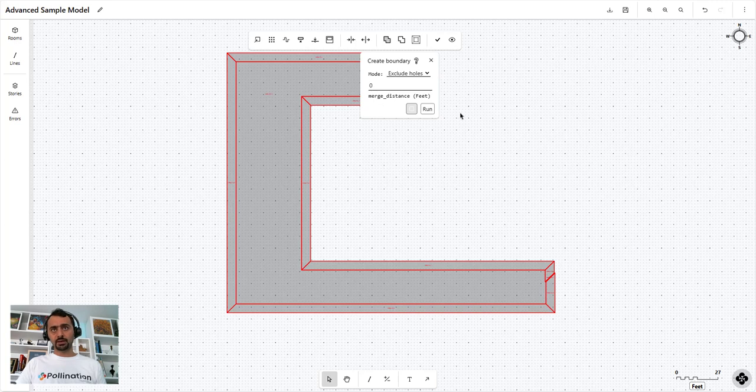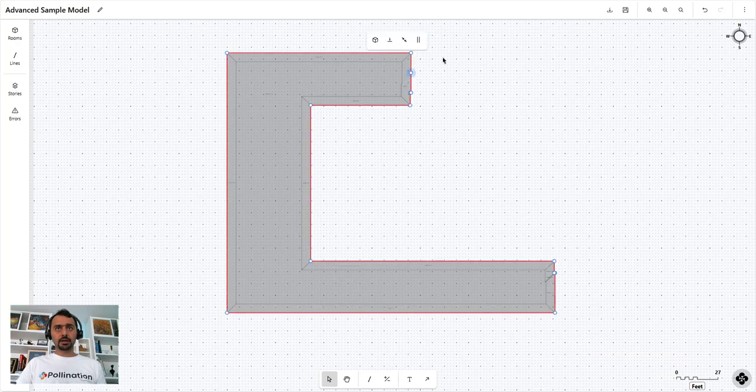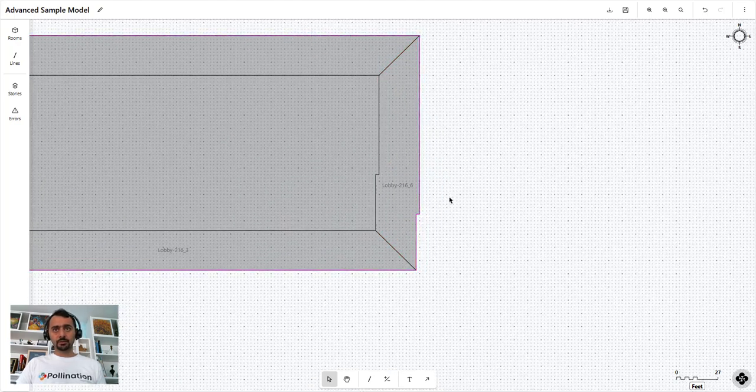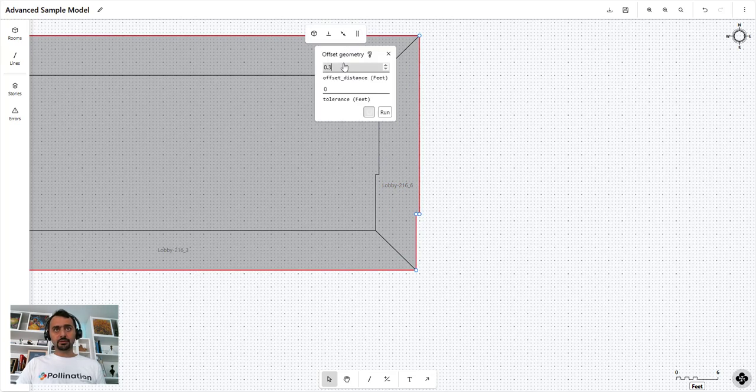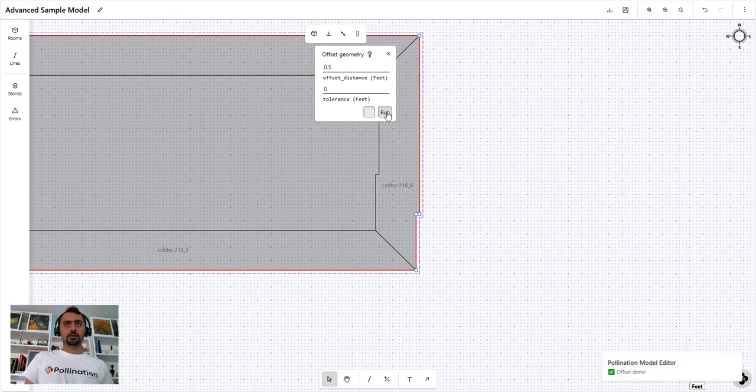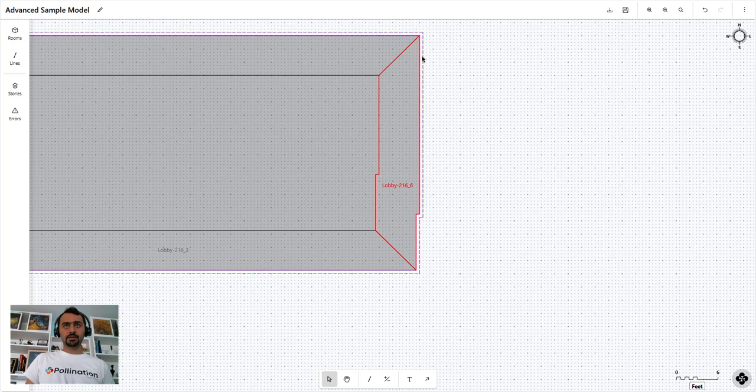So I want to get the outside boundary of this floor. So I just run this, right? And it generates this curve all the way around. And what I can do now is offset this curve, let's say something of a foot, 0.2, 30 centimeters. Maybe I do 0.5, which is around 15 centimeters of a foot. So I run this, now I have this new line, and what you can do now is you can select